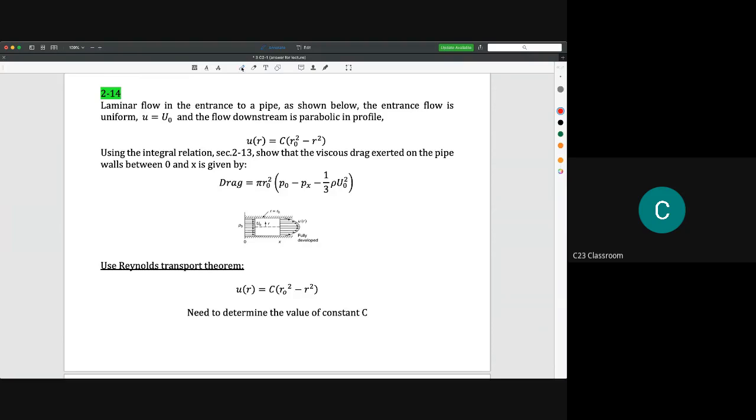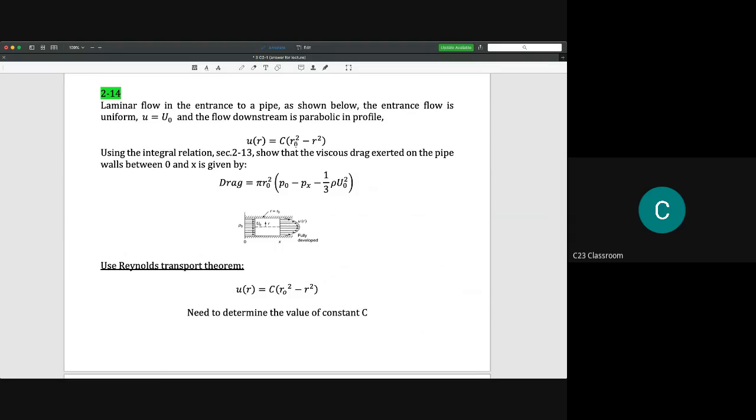Okay, let's say we have a laminar flow in the entrance to a pipe. As shown below, the entrance flow is uniform, and we assume that U is equal to U naught here. And then here you could see the entrance is U naught. And the flow downstream is parabolic in profile, u(r) equals C times (R naught squared minus r squared), as shown